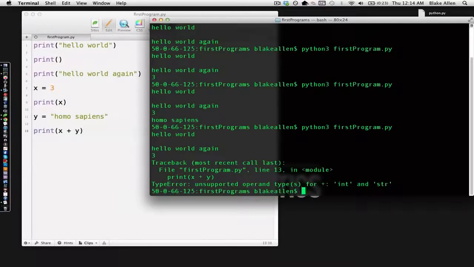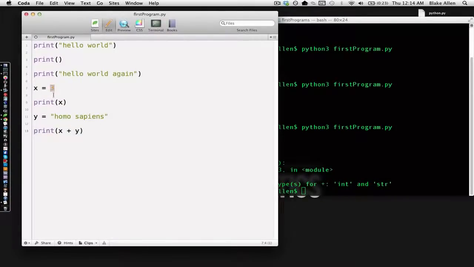Oh, this is our first error. Good. So, type error, unsupported operand types for int and string. So, what I was trying to do there is I was trying to put a number and some letters together. And that doesn't work. So, what we can do, there's a few different things we can do, but I think you guys are ready for this. Let's introduce a simple method